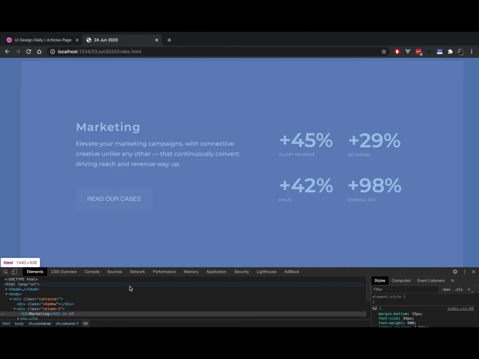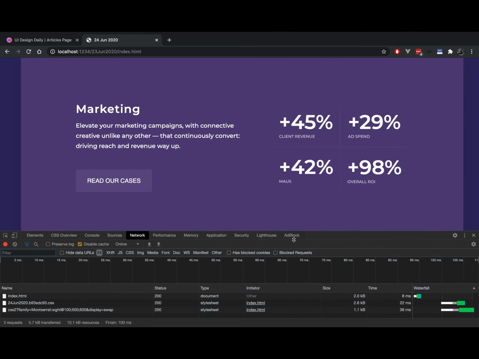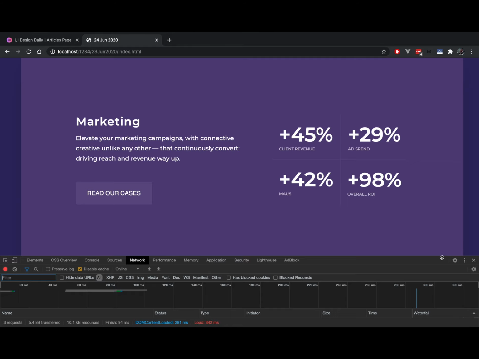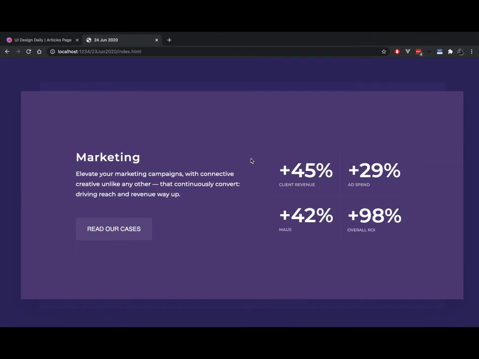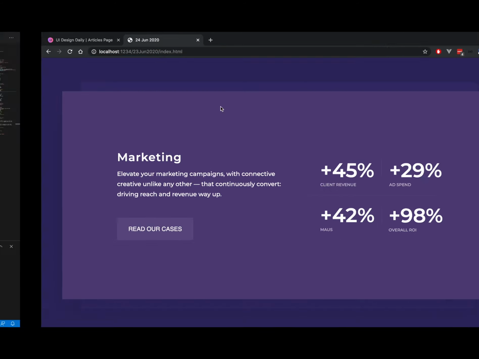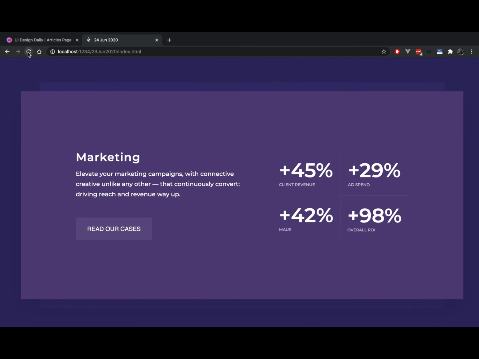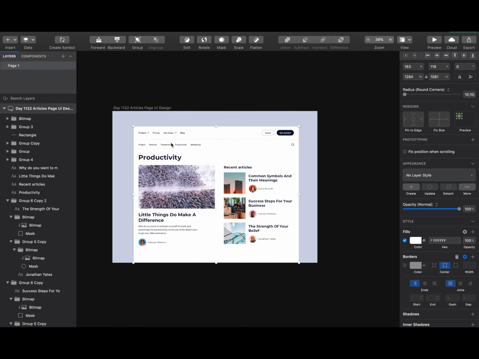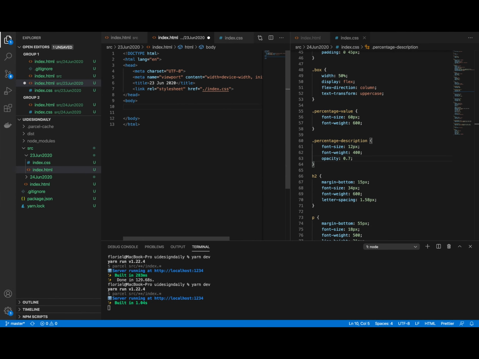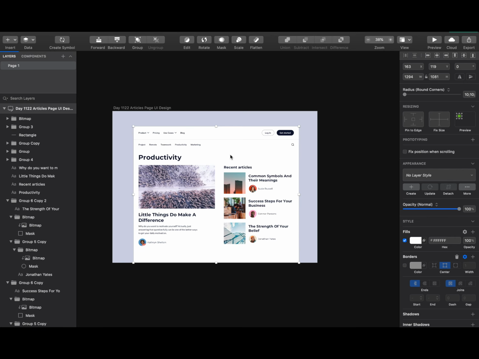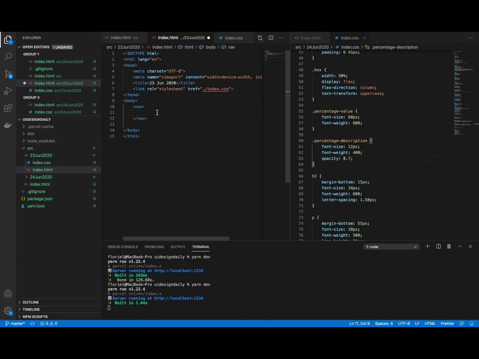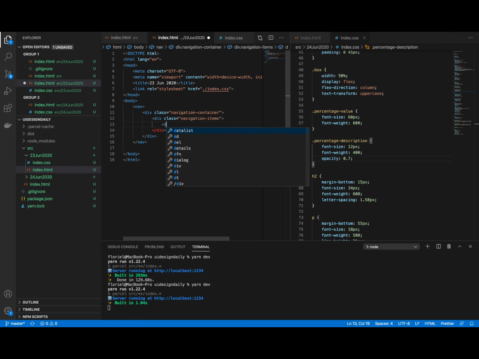So let's talk briefly about what I'm actually doing on the screen. On the screen, what I'm going to try to reproduce is another one of UI Design Daily design. It's the one that you can see on the screen right now. It's a simple page that is quite interesting with a couple of images and two-column layout with a header, some